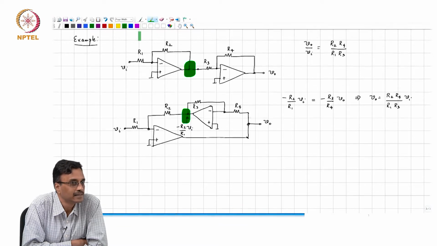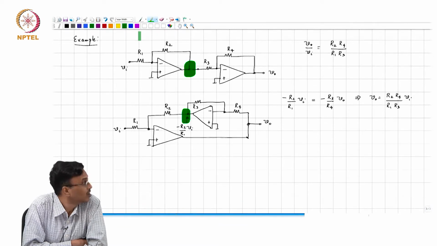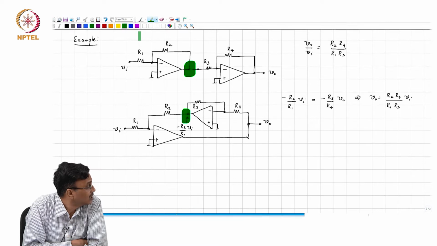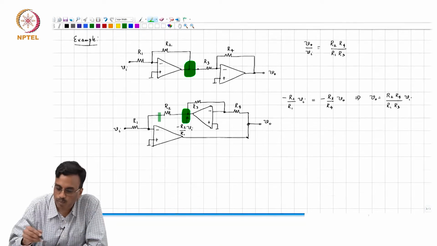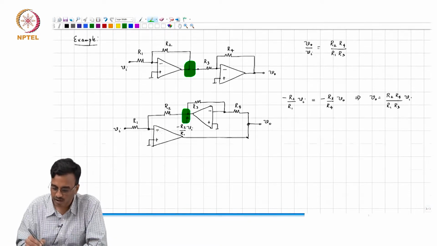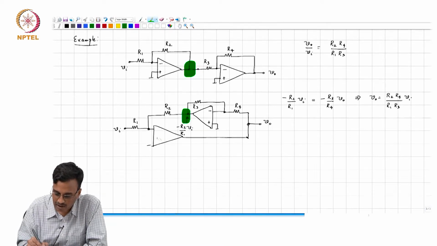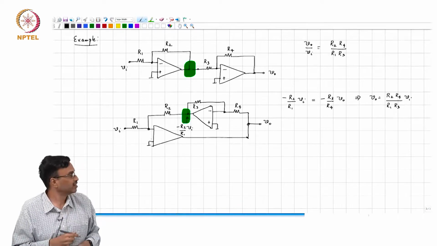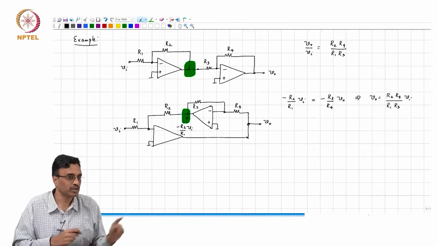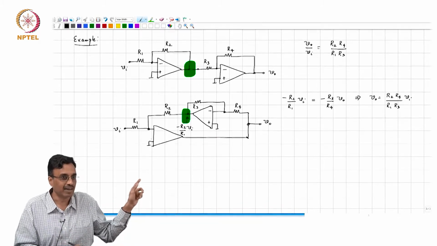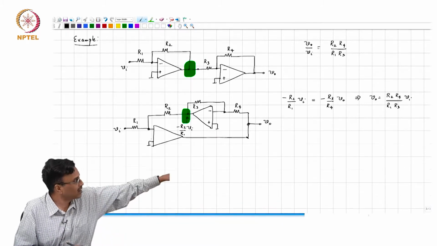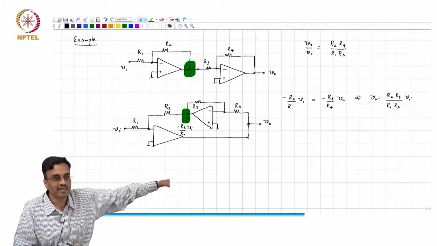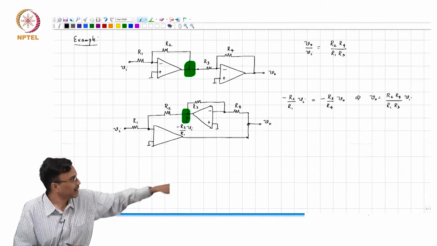Pardon? Actually, that's a good point, right? So again with network theory, they just assume that there is negative feedback around the op amp. It is the job of the circuit designer to go and make sure that there is indeed negative feedback. So as he points out, we just carried over the signs without bothering, right?